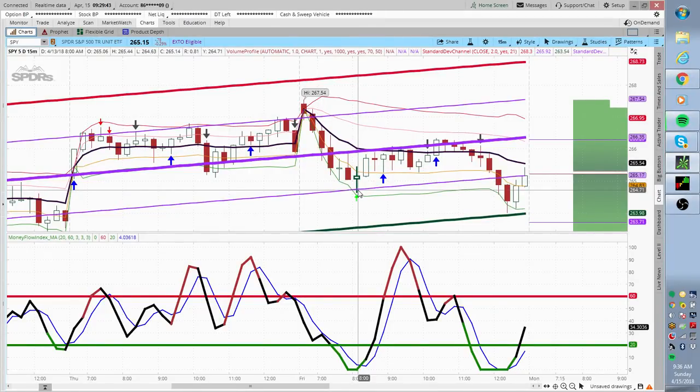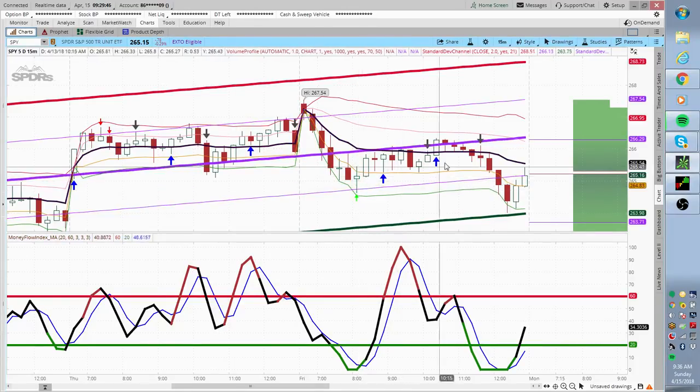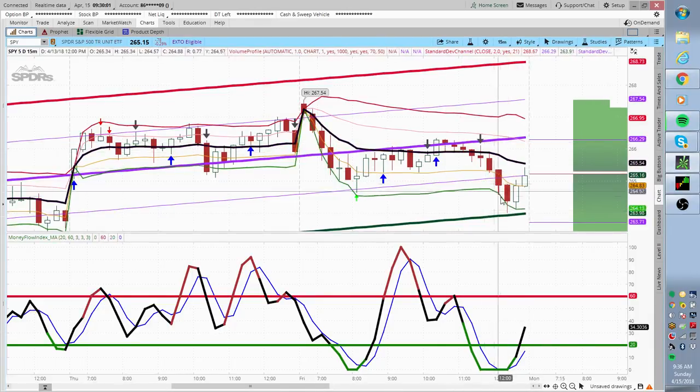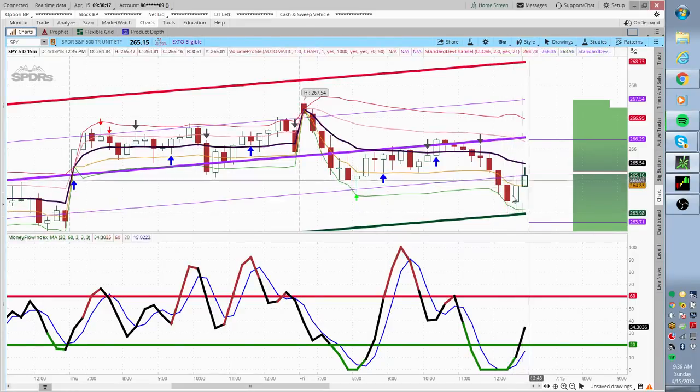Okay, so just to give you perspective, right here, what I did was I bought 10 contracts of the 265s for Monday puts. I got them for 20 cents, and I went ahead and closed them for nearly 80 cents. I didn't expect it to move this big, but I expected a fade, and I'd be happy if I could grab a double out of it, and I turn around and pick up $600. So not a bad trade. And then I put it away. I didn't take the rebound. Some guys did on binaries. So I just wanted to show that to you.